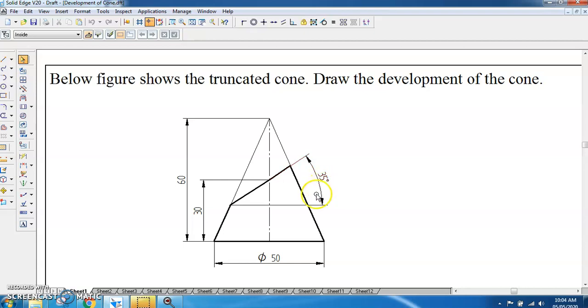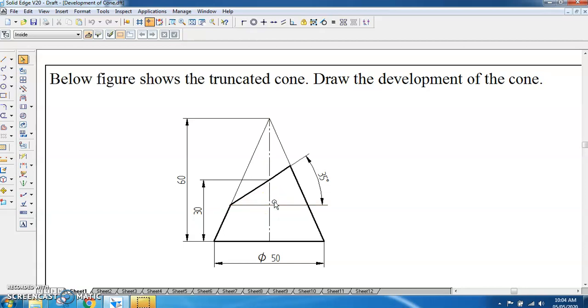degrees to horizontal. So the cutting plane is having inclination of 35 degrees with respect to horizontal, and it is cutting the axis at a distance of 30 from the base, or if you say 60 is half is 30, so it is bisecting the axis. So like this they have given the figure, and from this figure you have to understand.